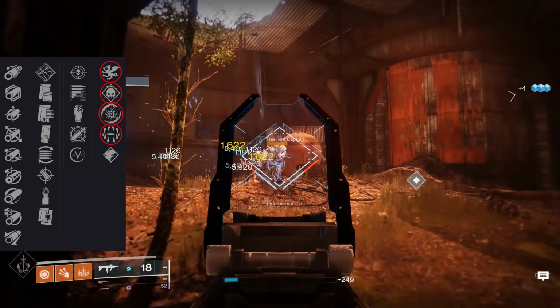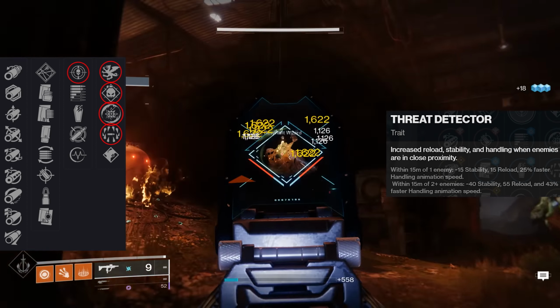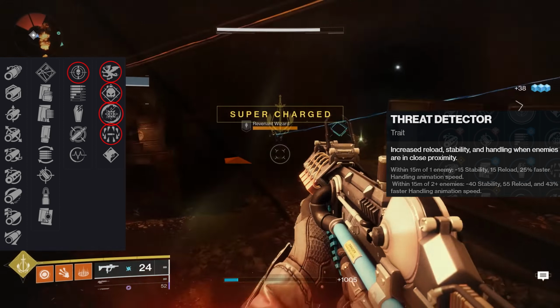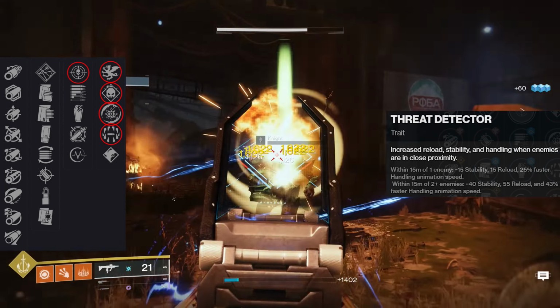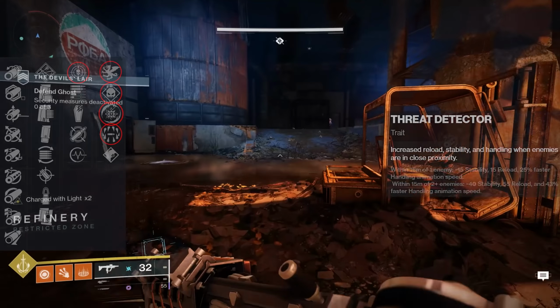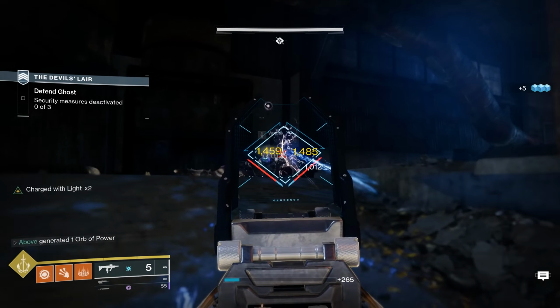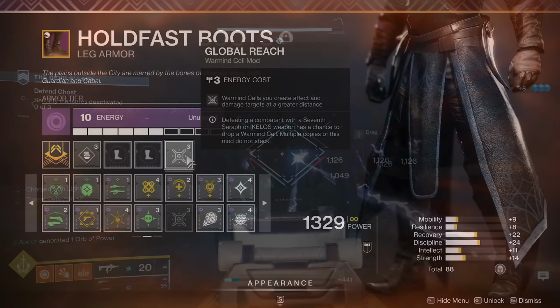The perks in column 3 aren't as appealing, but Threat Detector is a solid option that increases reload speed by 55% and handling by 43% when within 15 meters of 2 or more enemies, which happens a lot in PvE. Now pair this with the fact that the Ikelos SMG can make Warmind cells, and you have the best SMG in Destiny 2. And for just 3 mod points, Global Reach gives you incredible ad clear,